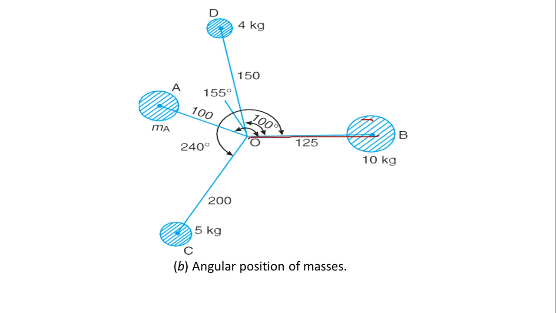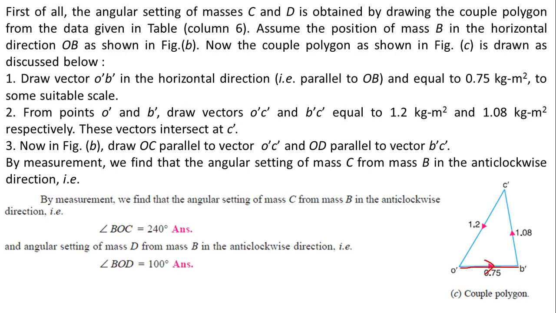Okay, initially only this mass will be known to you, let us take it as 0 degree. So using this, let us solve the other angles for other planes also. The other things are not known. But as you know, only 3 values are there, so you can get a triangle. So automatically with the given magnitude values, by taking the length, you can cut the arc to get the point C dash here.